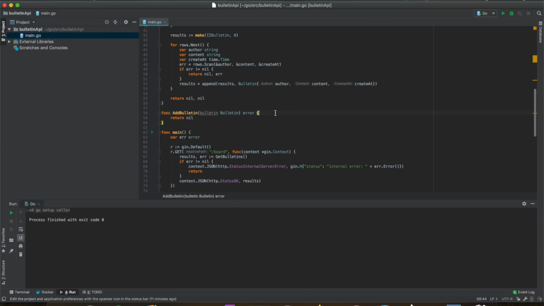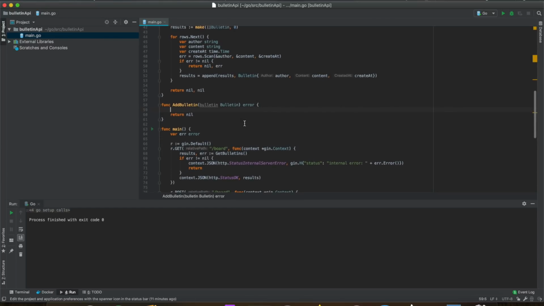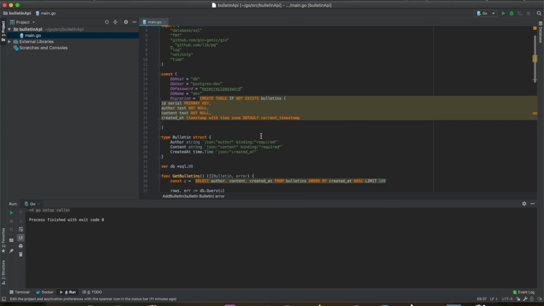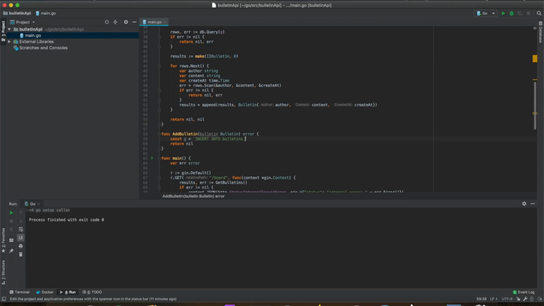Now let's fill this function up. So we also need a query for insertion. Insert into bulletins. Did I call it bulletins? Yes. Bulletins. Author, content, and created at values 1, 2, 3 values,